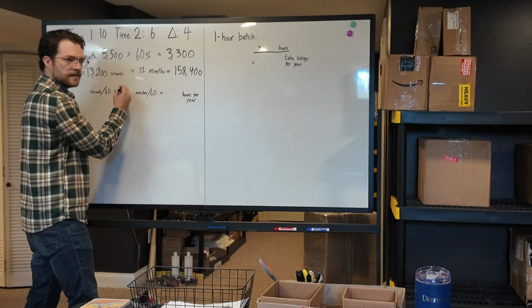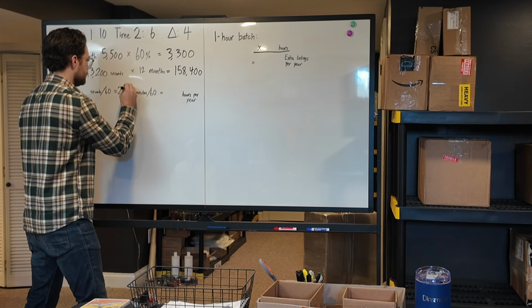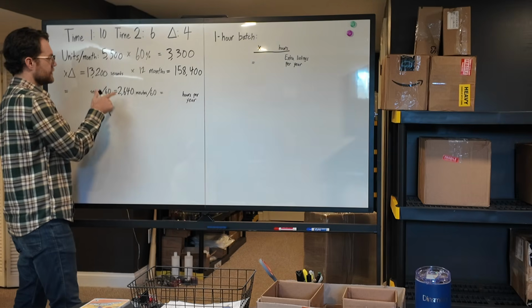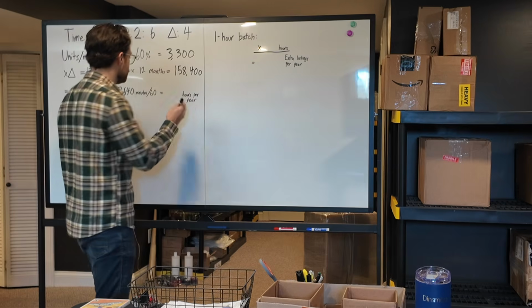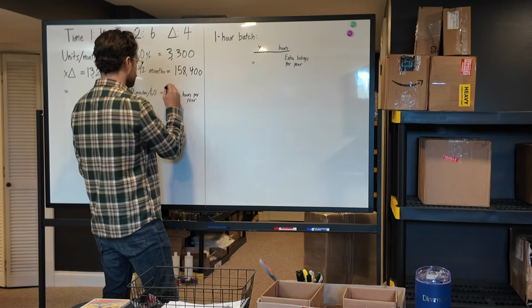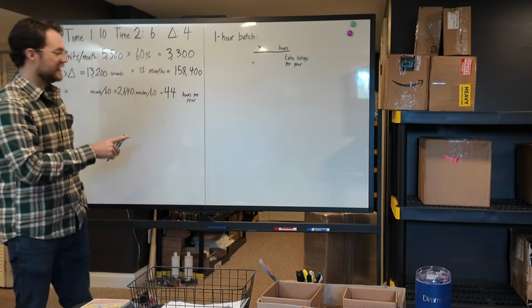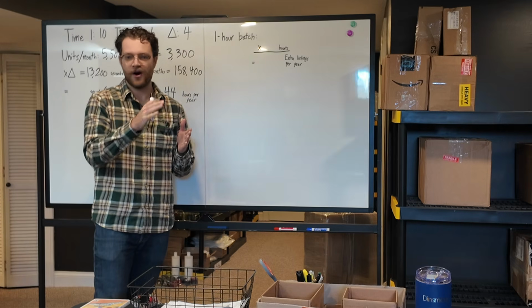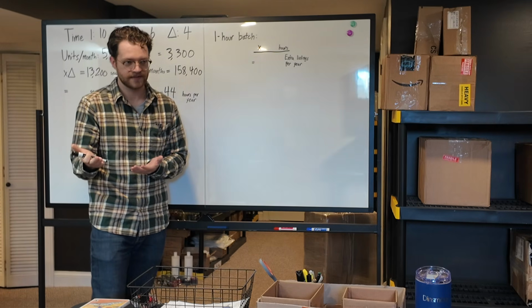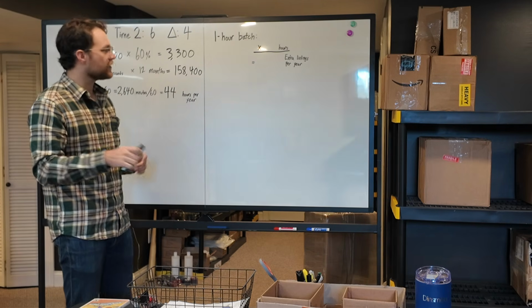2,640. 2,640 minutes, which divided by 60 again is 44 hours of time in a year that is saved just by shaving 4 seconds off of every disc that you inspect. It doesn't seem like a lot, but I wanted to take it one step further and ask,